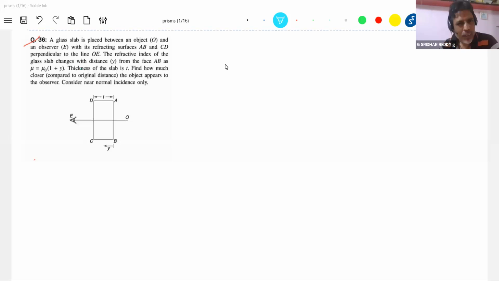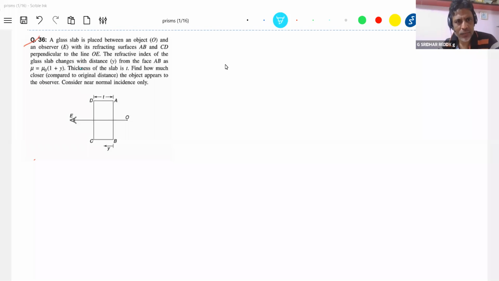So we will deal with today's prism concept, with around 50 numericals I picked up of different kinds. We'll go through as many of them as possible. It's all about basic geometry, the triangle. Draw the ray diagram, apply Snell's law, and get the relation between the angles. Here and there, some TIR conditions will come.